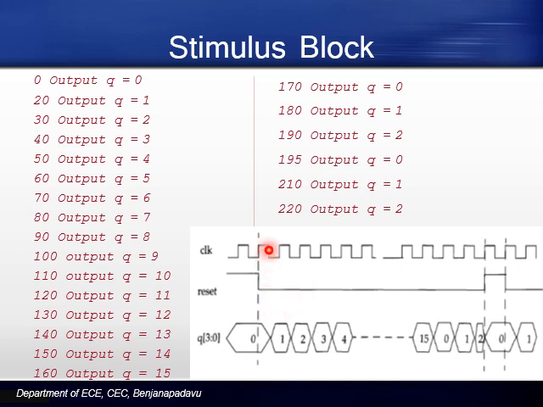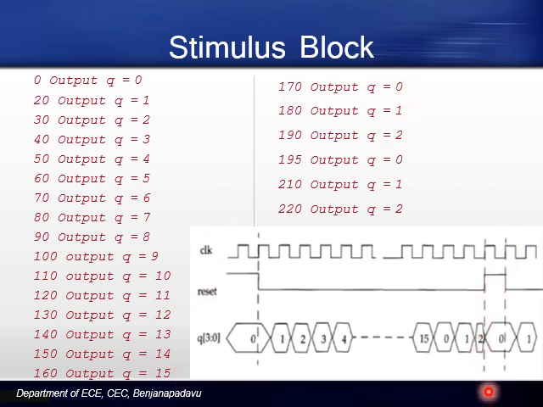But our counter will respond only to the negative going transition of the clock pulse. So the negative going transition after the reset becomes 0 only happens at t equal to 20. Say this is 15, 15 plus 5. At 20, the negative transition occurs, and at this point the counter will start incrementing. So at 20, Q will become 1, at 30 Q is 2, at 40 Q will become 3, and so on. It counts up to the maximum count, that is 15, and again the cycle repeats from the beginning.